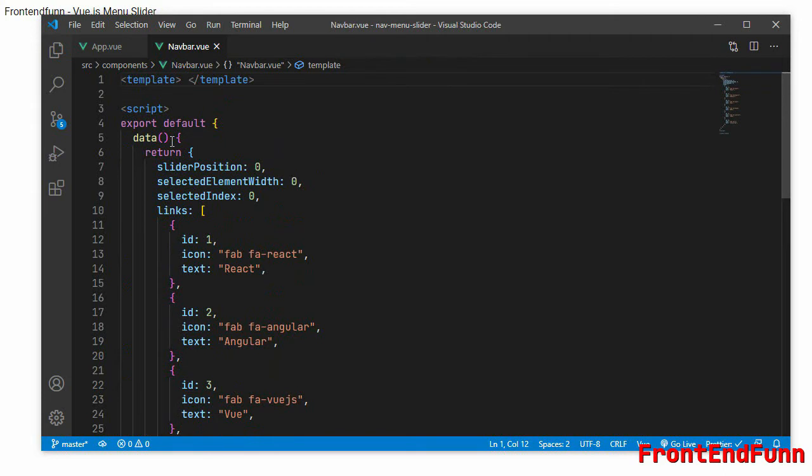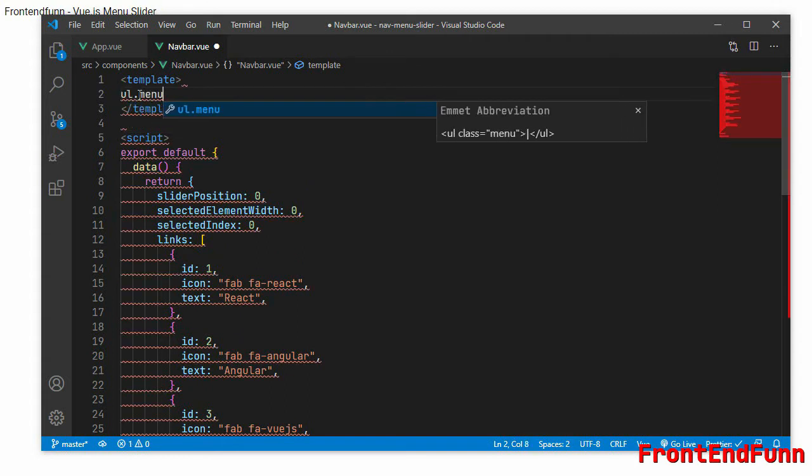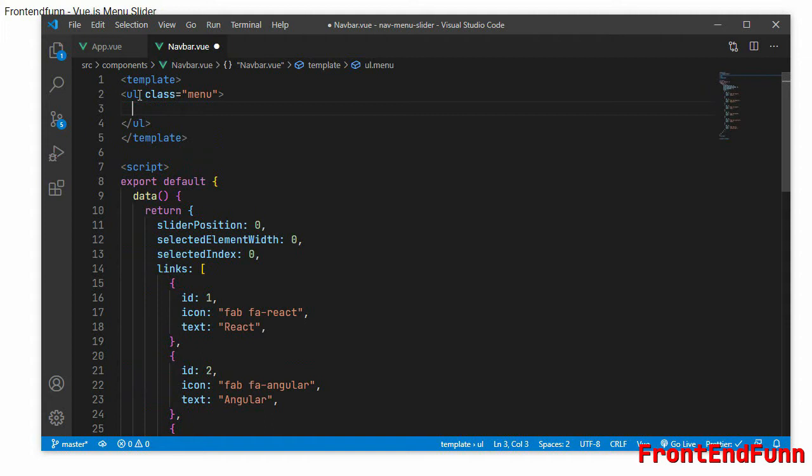Let's first render this. We'll be creating a UL with a class of menu, and inside this we'll be having a div with a class of menu indicator.